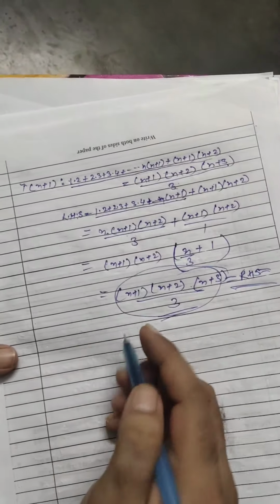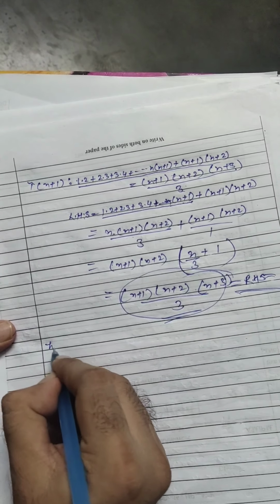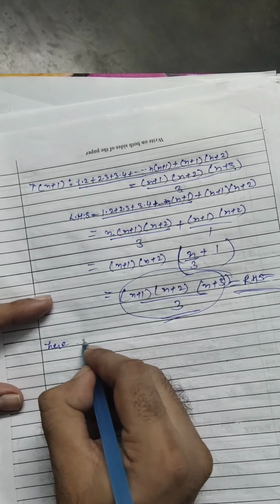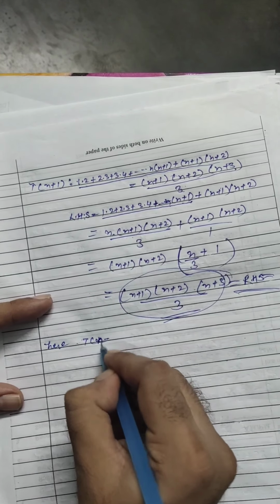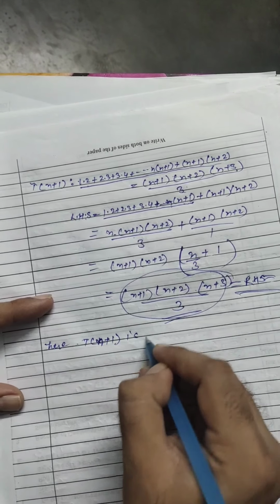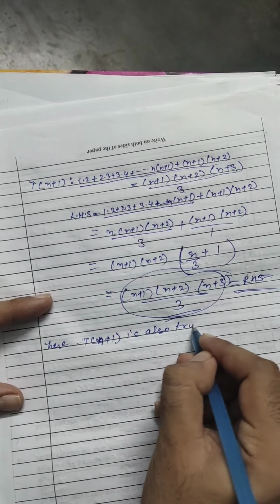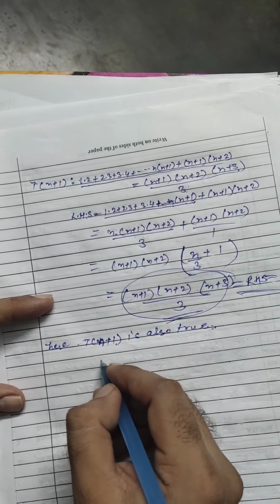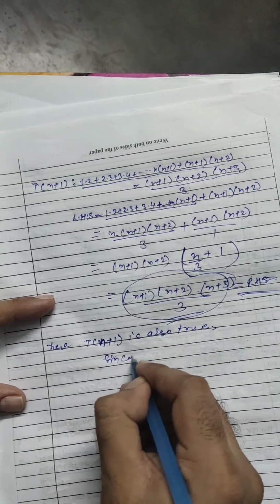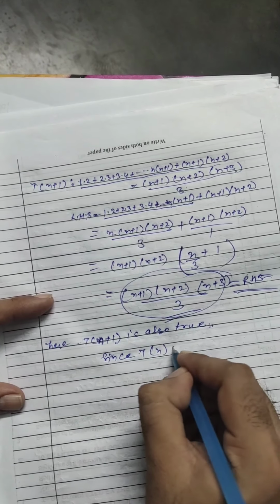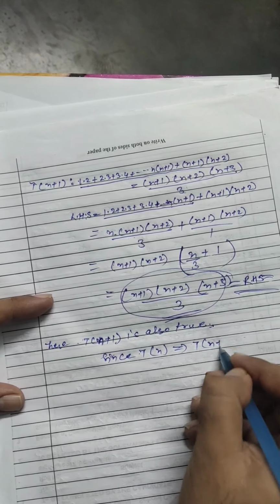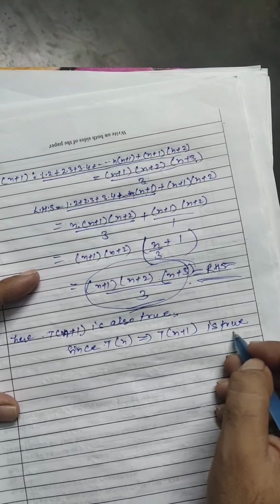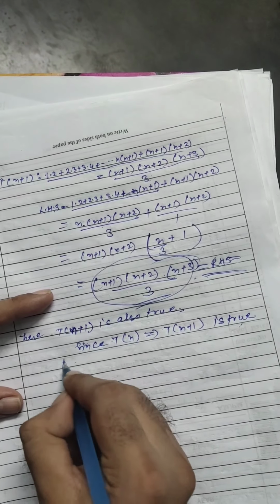Okay, so you should write here what we have proved. Here we have to mention this term. So here T of n plus 1 is also true. Why is it proved? Because since T of n implies T of n plus 1 is true. You should write this after proving this part. Therefore,